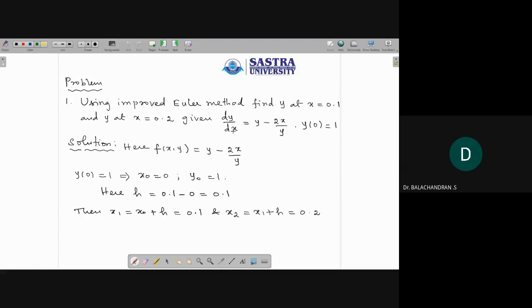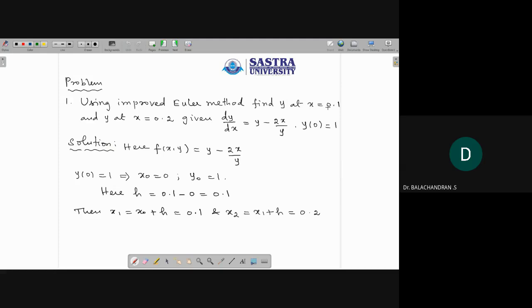Given dy by dx is equal to f of x comma y is y minus 2x by y, where the initial condition is y of 0 equal to 1. So f of x comma y is given here, y minus 2x by y. Y of 0 equal to 1 means x not equal to 0 and y not equal to 1. And h value is